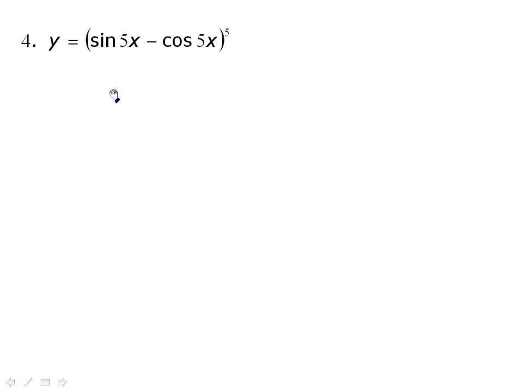Remember, substitutions can be used at any time. It's never wrong. It's just a question of whether it's worth doing or not. So making a mistake by using a substitution when it's not necessary is not a mistake at all. But anyways, I'm not going to use a substitution for this one. I just go dy dx and then the chain rule. So 5 times the sine of 5x minus the cos of 5x to the 4, multiplied by the derivative of